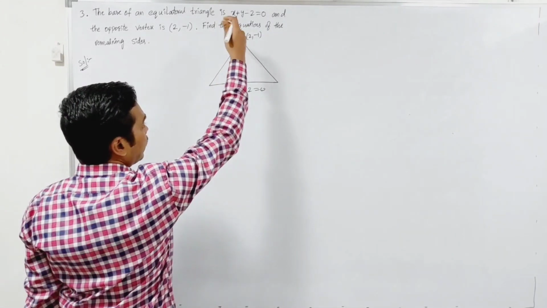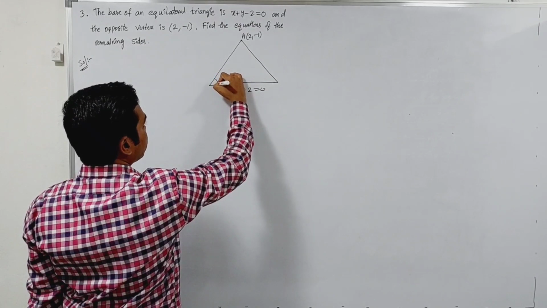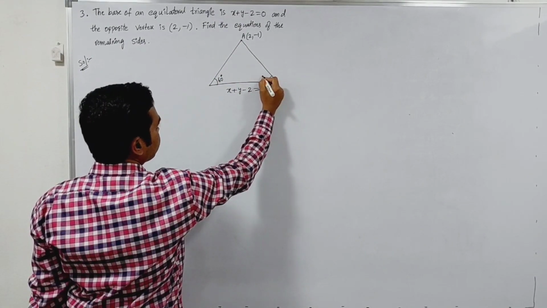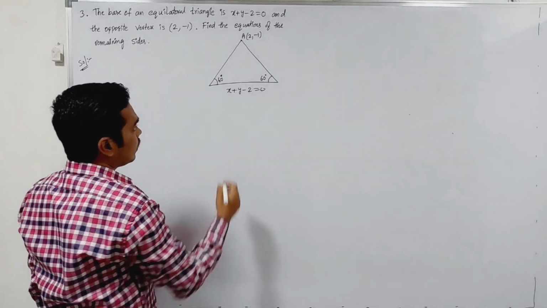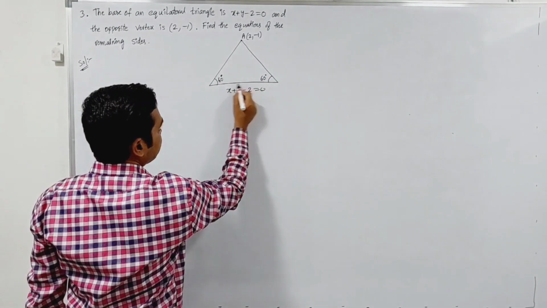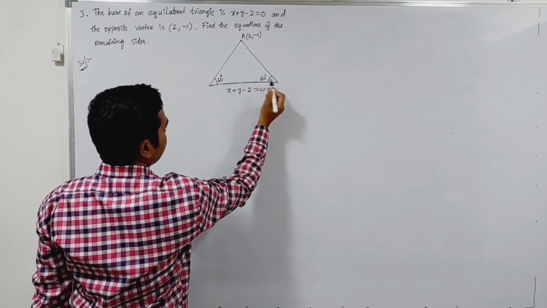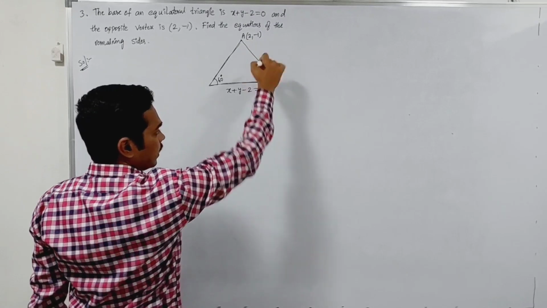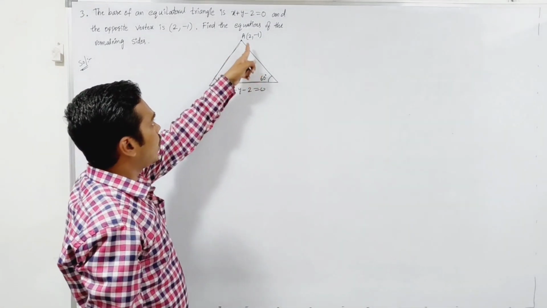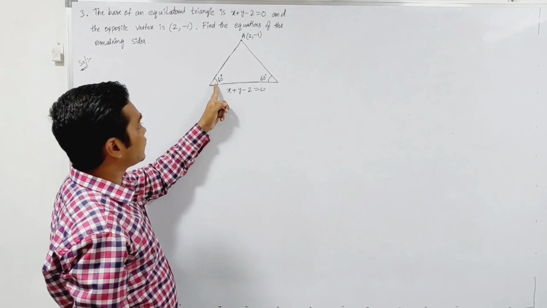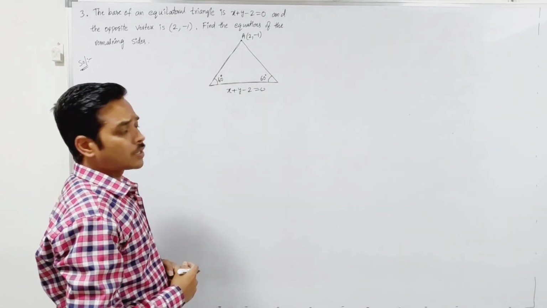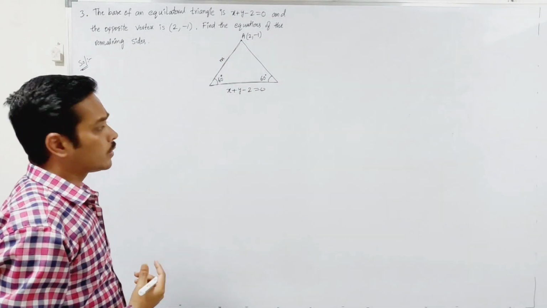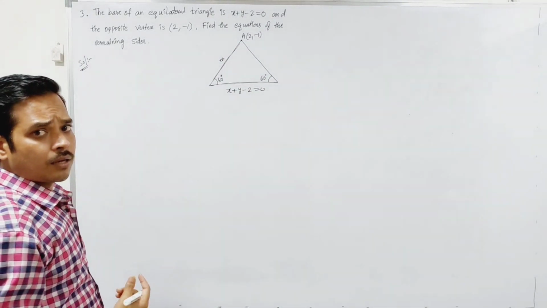In an equilateral triangle, all angles are the same, equal to 60 degrees. Here also 60 degrees, here also 60 degrees. Same concept as the second problem. The required line is already given, this is the given straight line, meaning the base. You have to find these two sides, meaning these two required lines. These two lines pass through one point, making 60 degrees with the given line. So if you know the slope of the required lines, we can find the equations of the required lines.